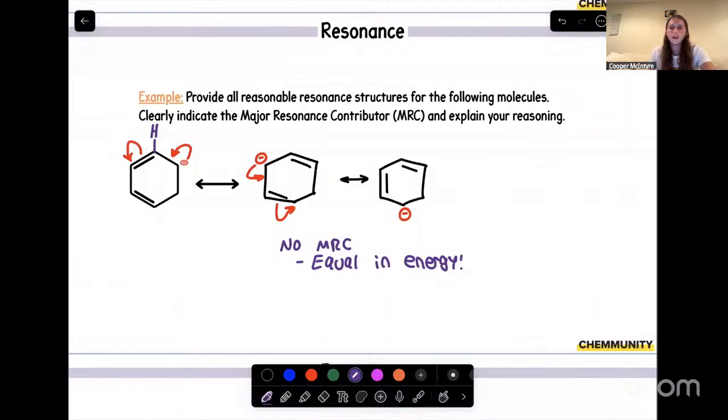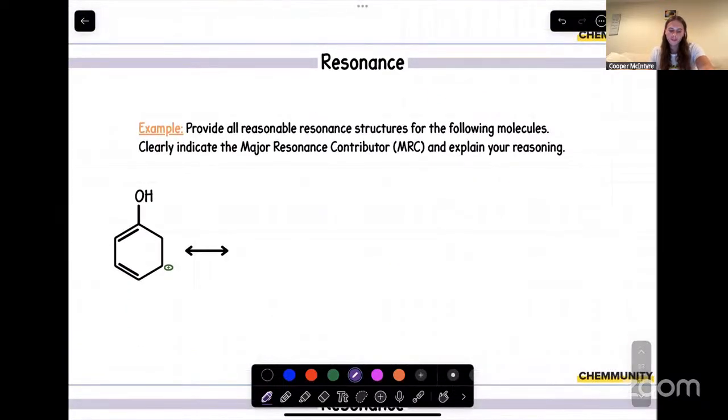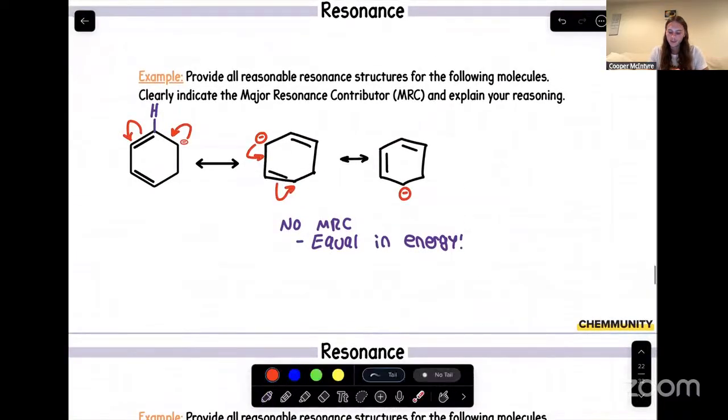Perfect. And then we'll move on to the next one. Sweet. So in terms of resonance forms, whether it is a negative charge or a positive charge, like we saw in this example, we wanted to start with our charge and see what we can do with it. More specifically, in this example, we started with our electron density and wanted to see how far and how much we can push it throughout the molecule.